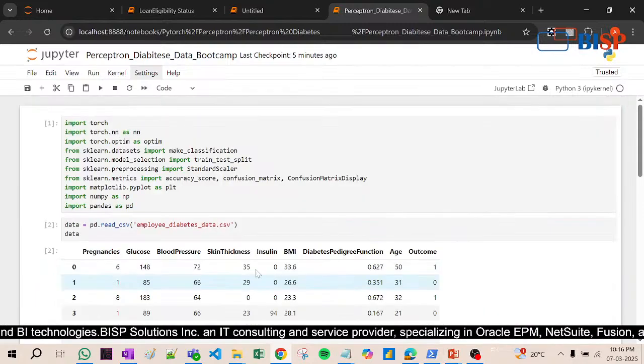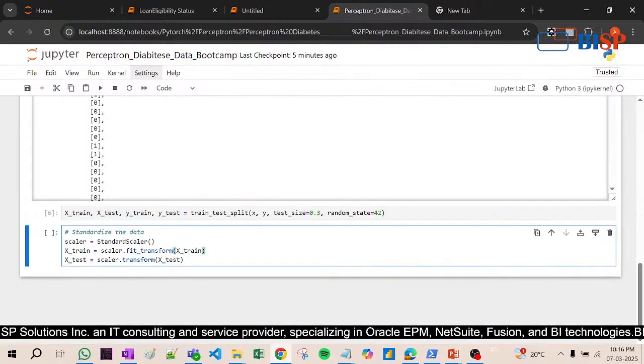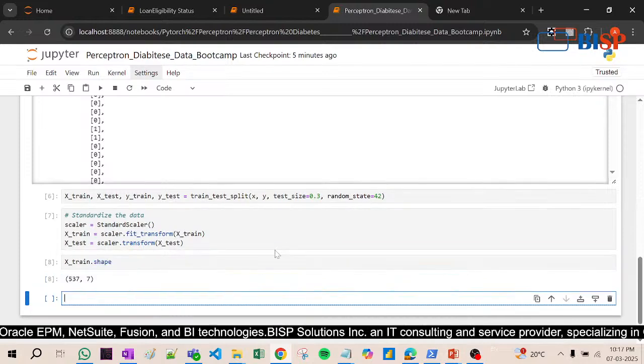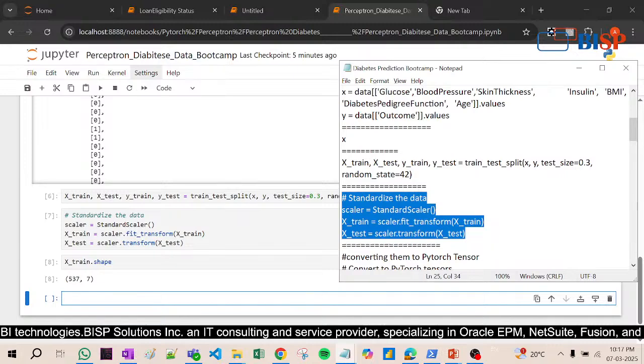If you see here, scalar equal to standard scalar and X-train scalar dot fit transform. So we are just fitting the data and transforming the data in this X-train test, right? Now suppose X underscore train dot shape, look at this, shape means total how many columns are there. Similarly, after that what we need to do here,